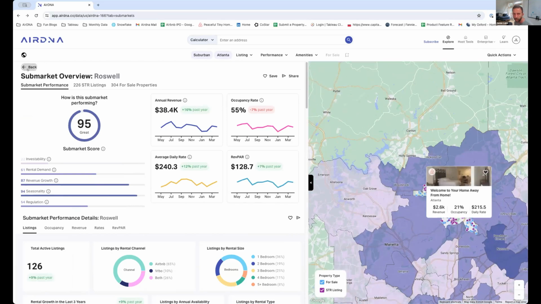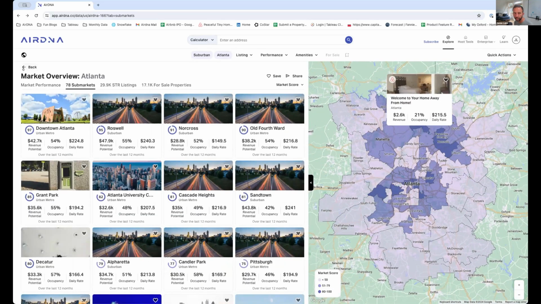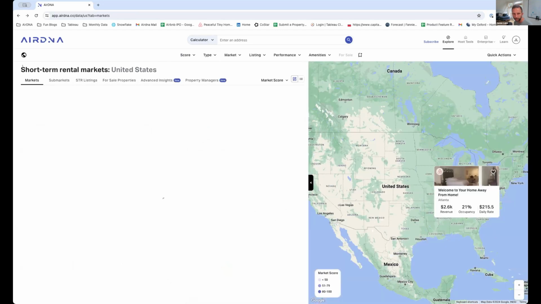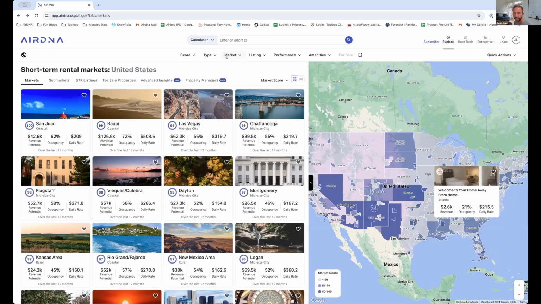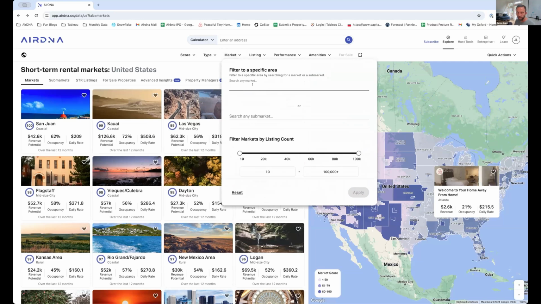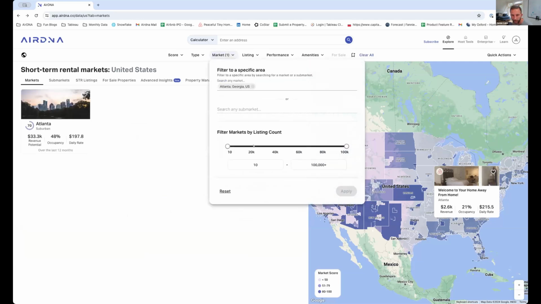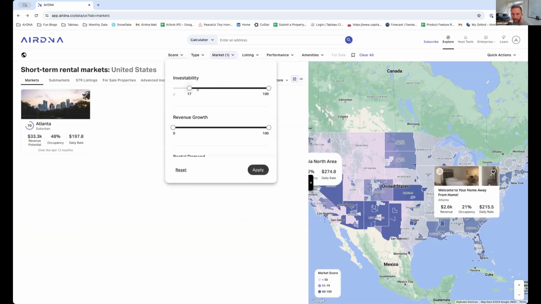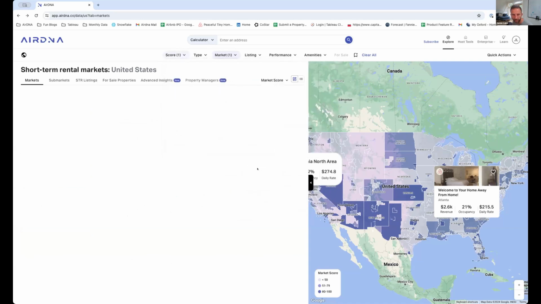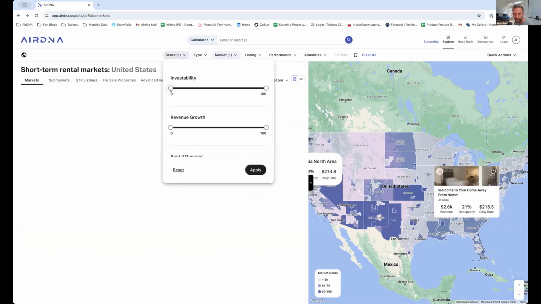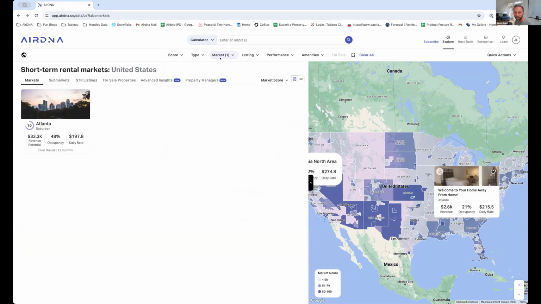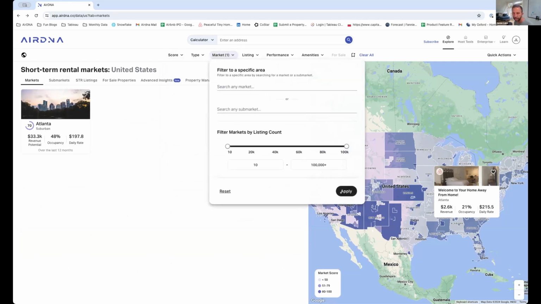If you did want to maybe just pull out submarkets with a higher score or investability score, we could search maybe just Atlanta, apply, and then we could maybe sub search on investability score. And I'm not sure if this happens for markets or just submarkets. It only applies to markets, so you can't apply that there. But this would be useful if I was looking for the best